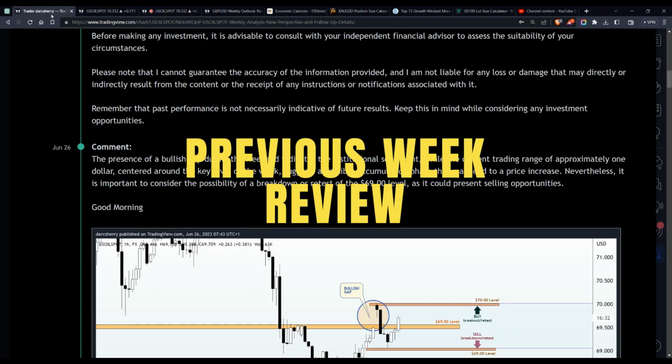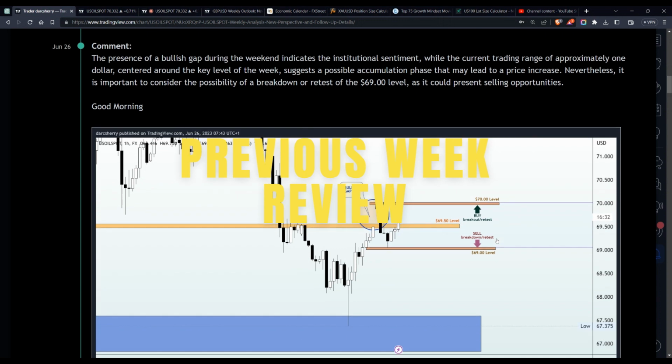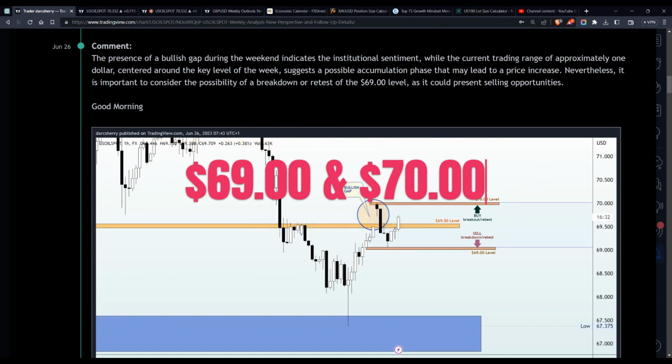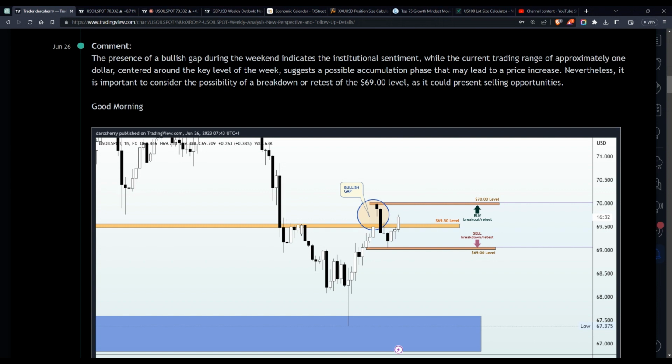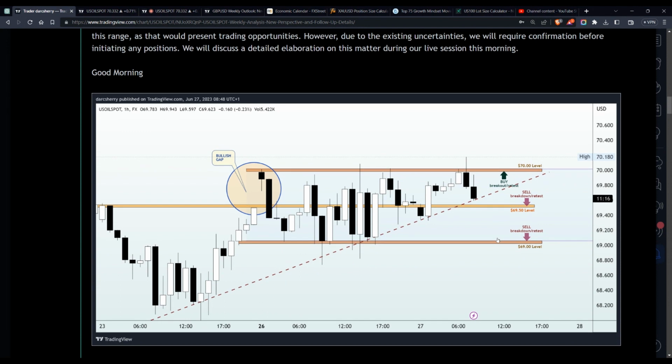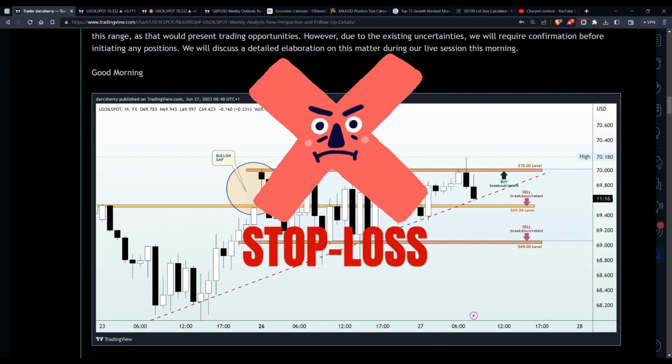So, talking about last week's trading session, the first thing we observed at the beginning of the week was this simple consolidation phase between the $70 level and the $69 area, where we were looking out for either a breakout of the resistance line or the breakdown of the support line for a trading opportunity. So, with our orders placed at both ends, we had our buy position triggered initially at the beginning of the week, and in fact we were taken out of that one, so we had the loss on the first position